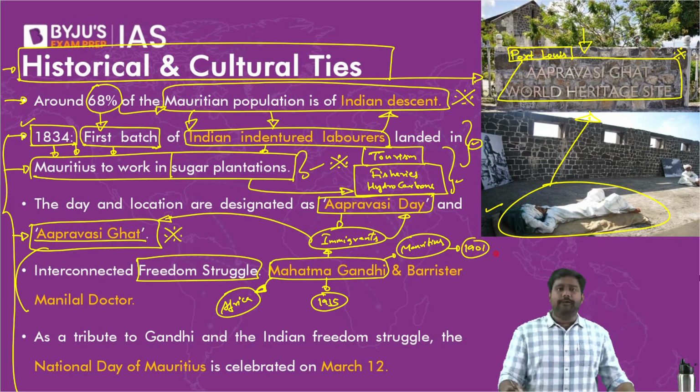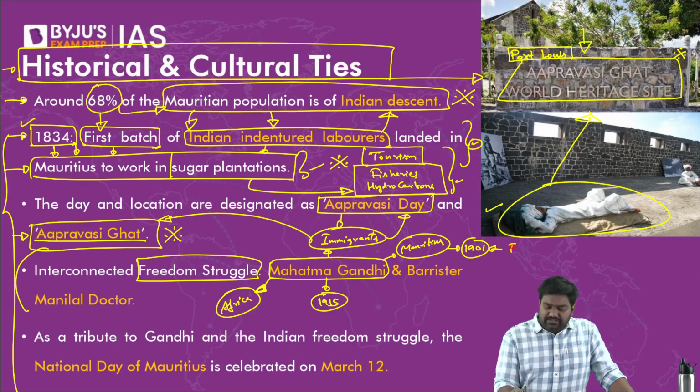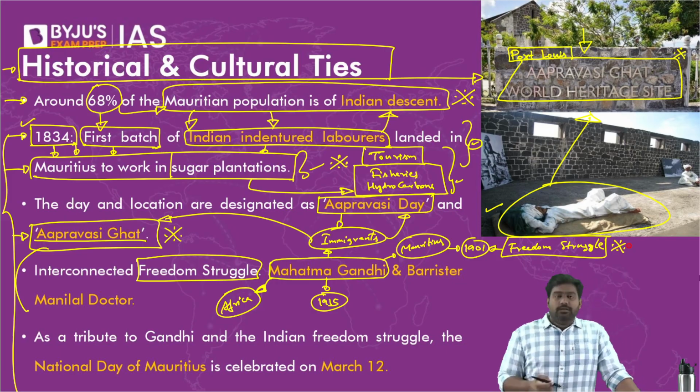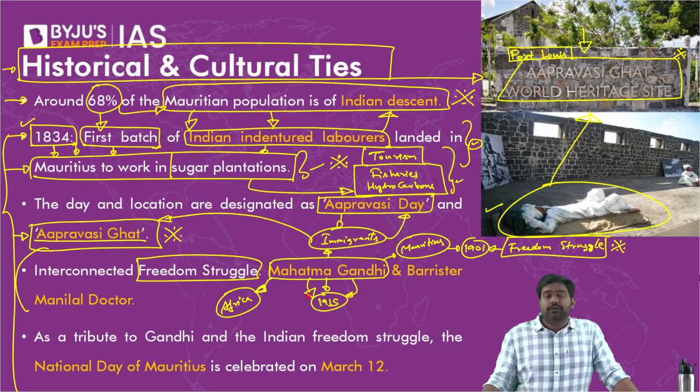Much before he came to India, right? Gandhi had started gaining some popularity in Africa, and he was invited to Mauritius to give inspiration to the freedom struggle in their country. So he visited in 1901, instilled his principles, philosophies, and ideas. All right. And later, since Gandhi got busy with India's freedom struggle, Mahatma Gandhi would move to India in 1915 to give leadership to our freedom movement. Right? He couldn't, of course, pay focus or attention to Mauritius and its freedom struggle.